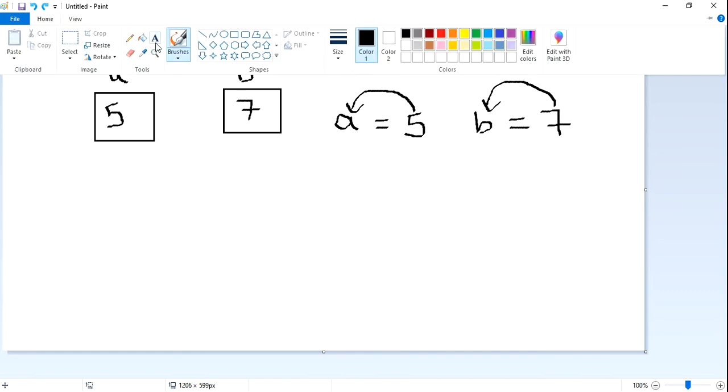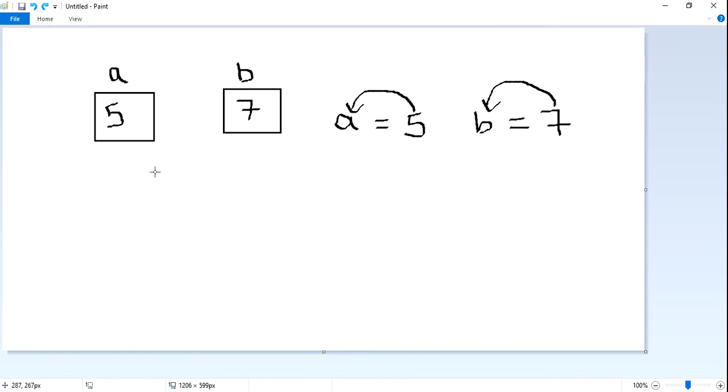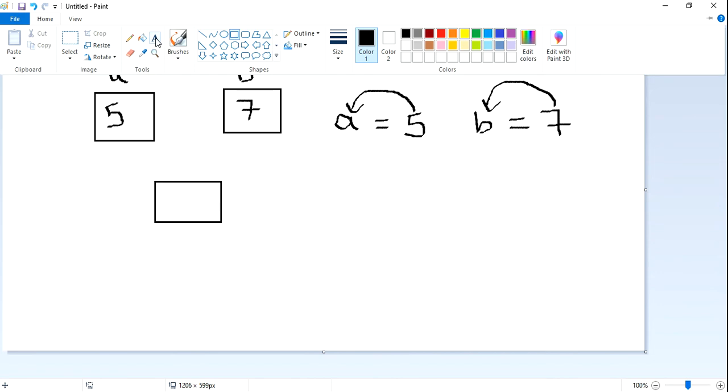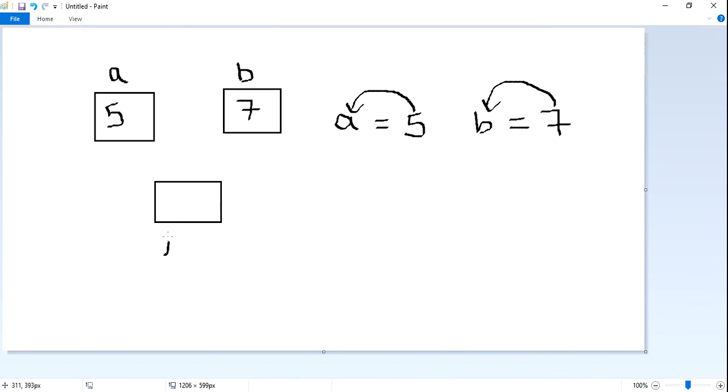Now, before that, I want to store the a value, and I can give the variable any name, like temp, a temporary variable.